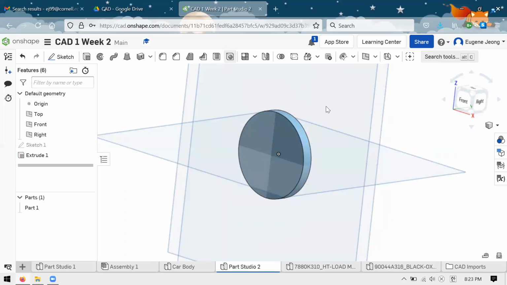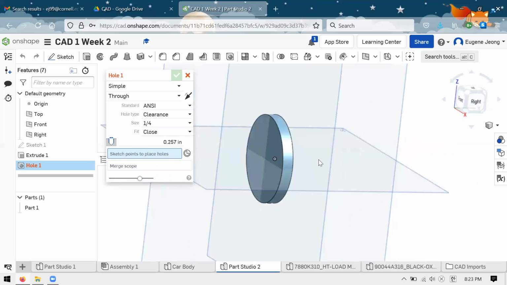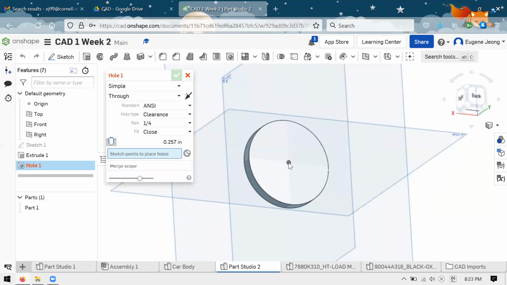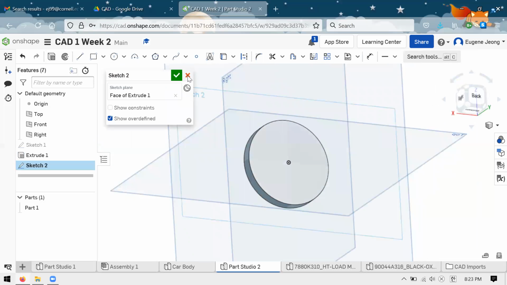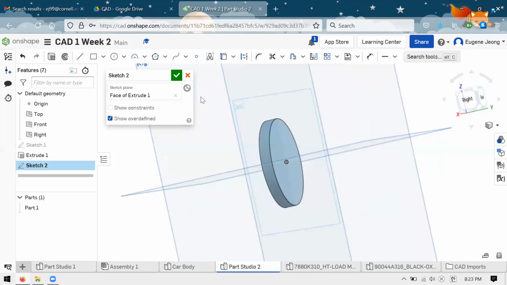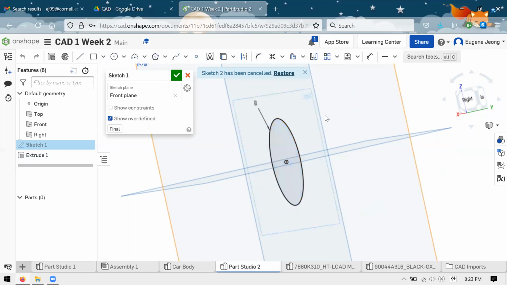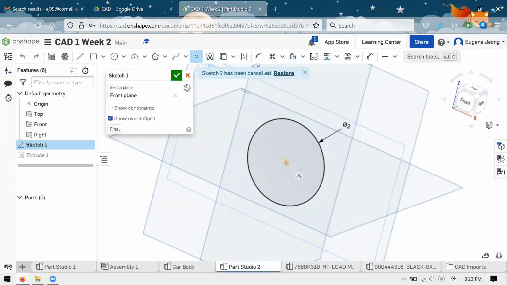And finally, like I did before, I'll just use my hole tool. Hopefully it lets me select the origin, which it does not. So I'll just have to, let me see, I don't believe that I can't make a sketch here. I'm going back into my original sketch. I feel like I should be able to make a point. If I can't,